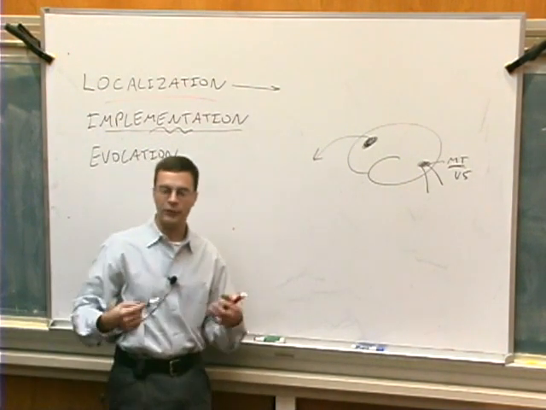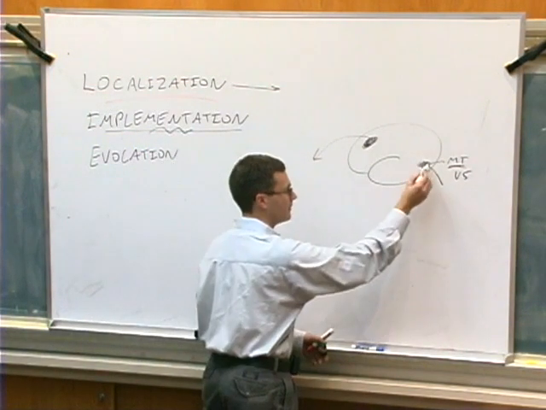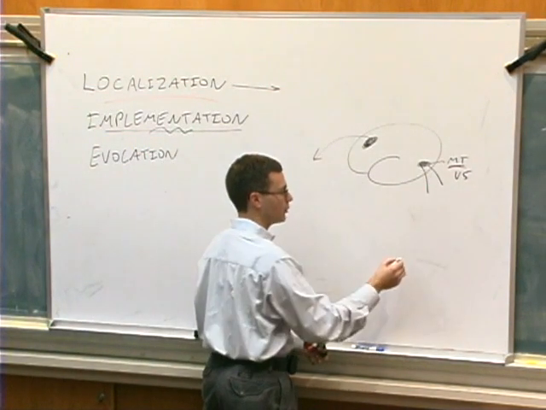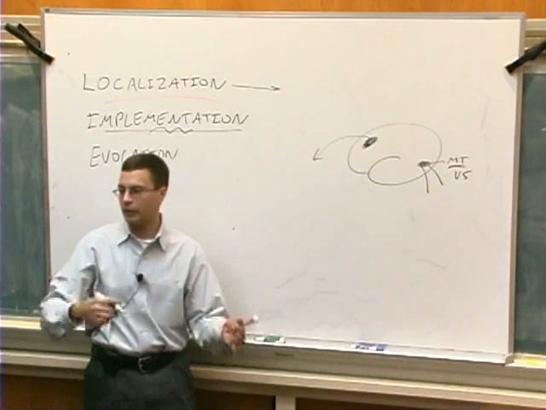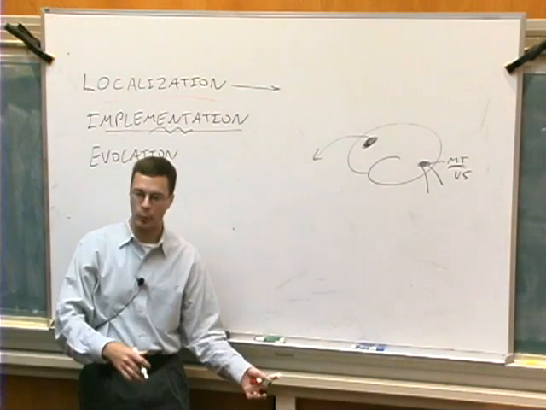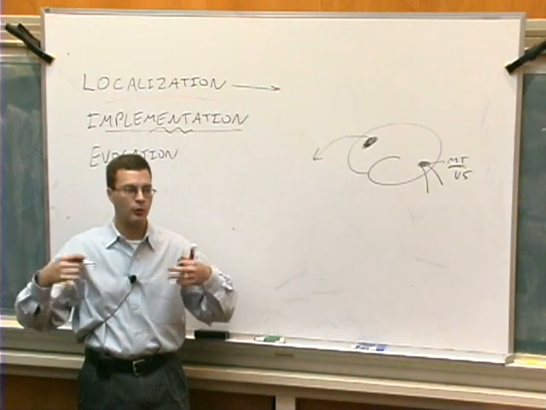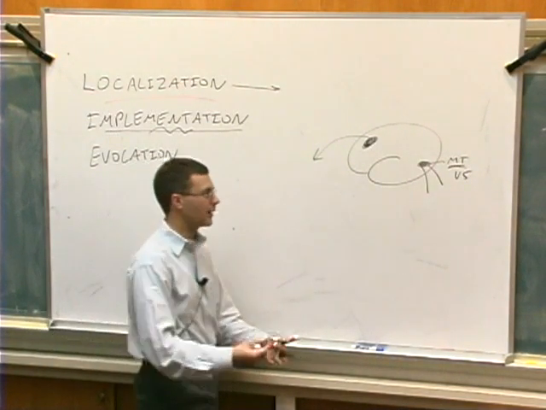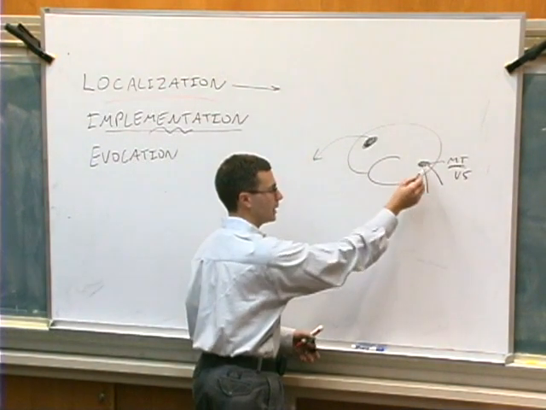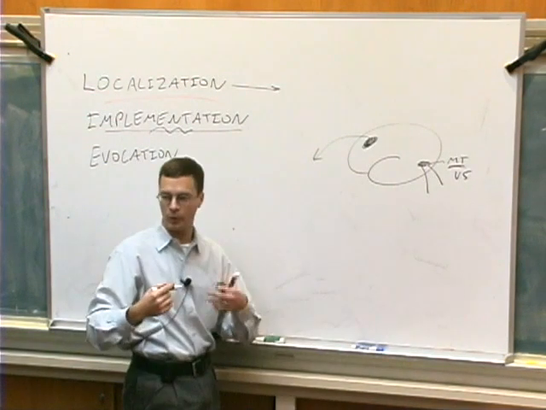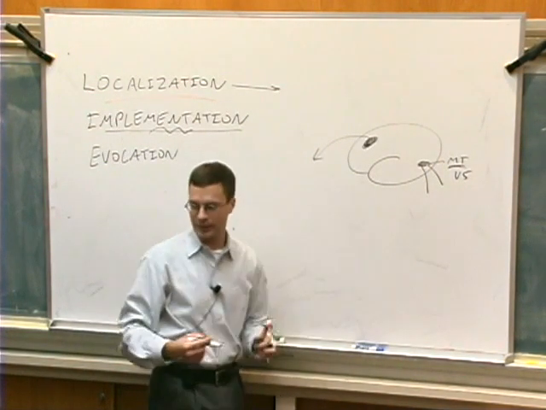Okay? And so in that case, what you do is you define area V5. You say, here's area MT. This is the motion area. Now I put subjects in the scanner, and I show them the moving waterfall, and then I stop the waterfall, and I show them a reverse waterfall. And I manipulate the perception of motion in an attempt to determine what's the relationship between different parameters of behavior or perception of motion and neuronal activity in this area.